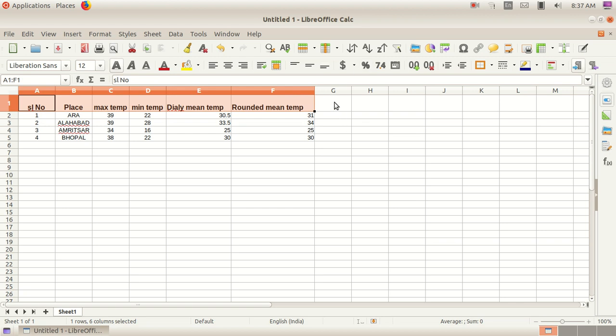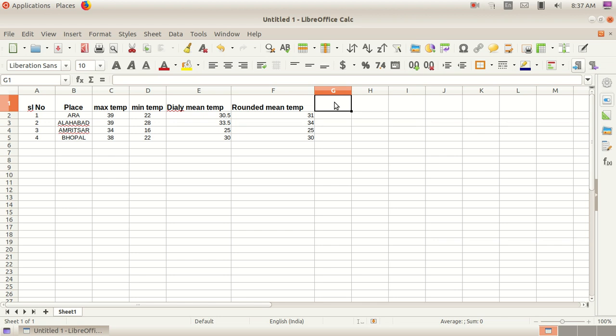Here we can give some condition, and based on a condition we can categorize these values.